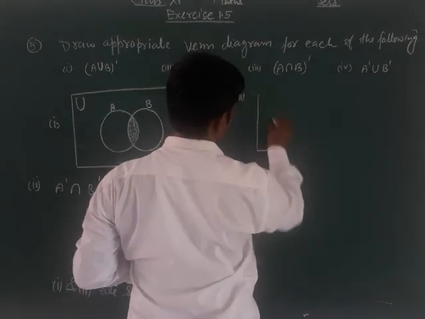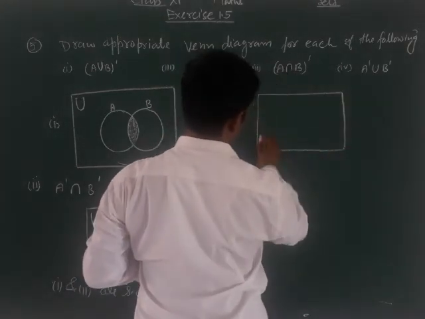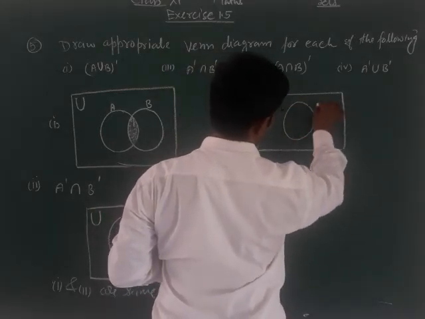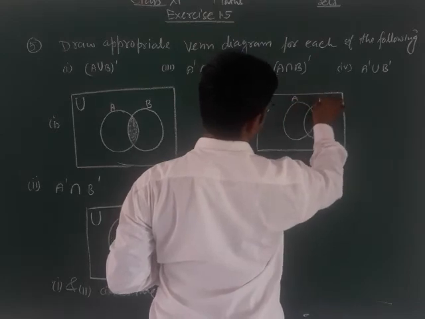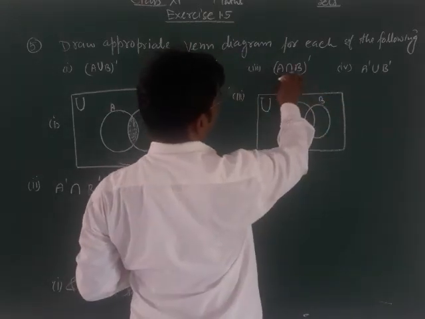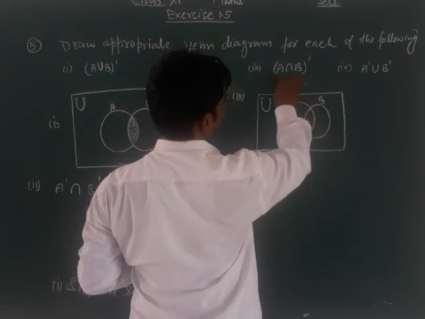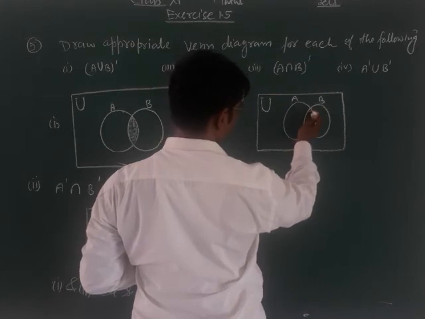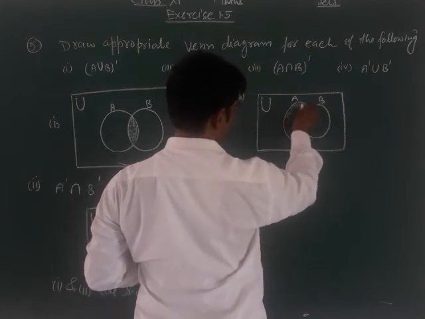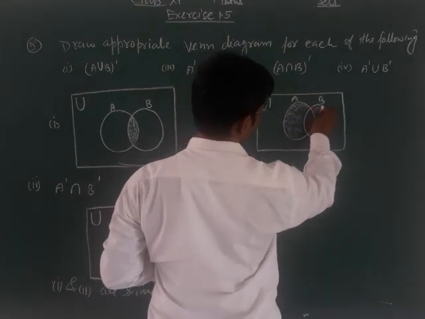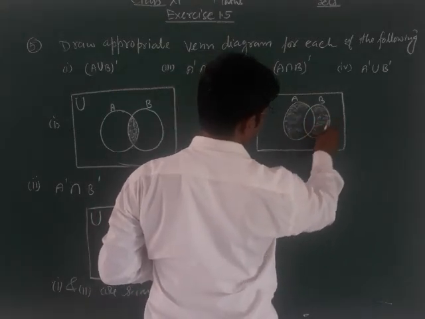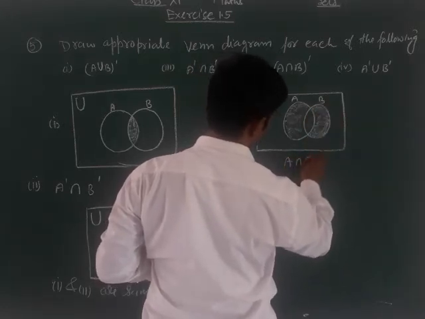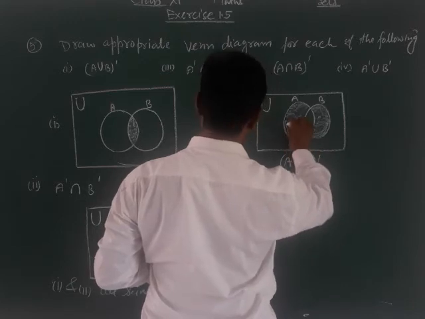And also the third part. Venn diagram represented with universal set U and this is the intersection of A and B. So complement of A intersection B is this, so outside, so this is here and this is here. So this is A intersection B complement. So this is here.